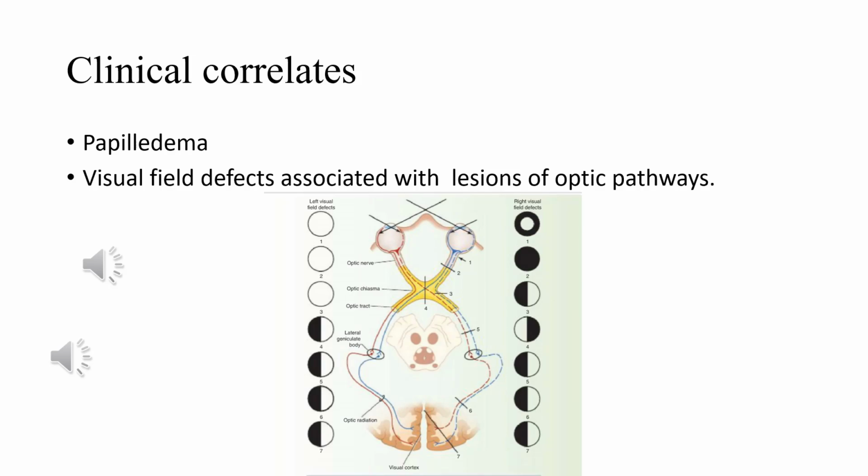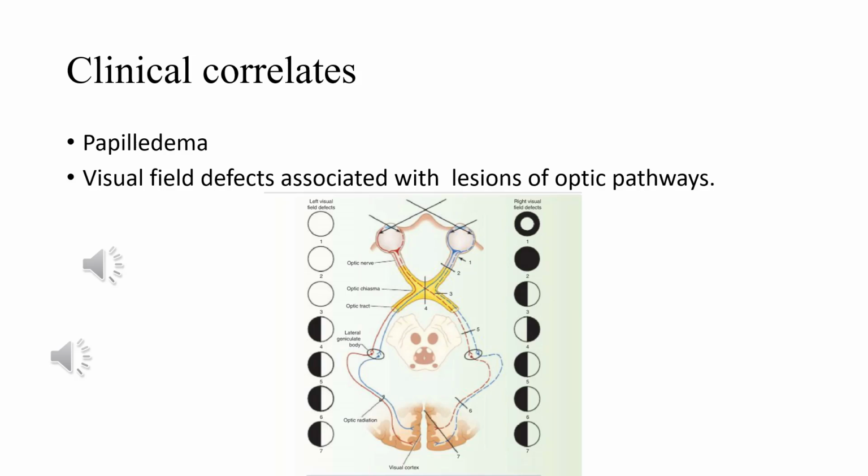So when the lesion is at the center of the optic chiasma, on each side, at the level 4 circle, there will be loss of temporal field of vision on both sides, in the right eye and also in the left eye. So this is called bitemporal hemianopia.